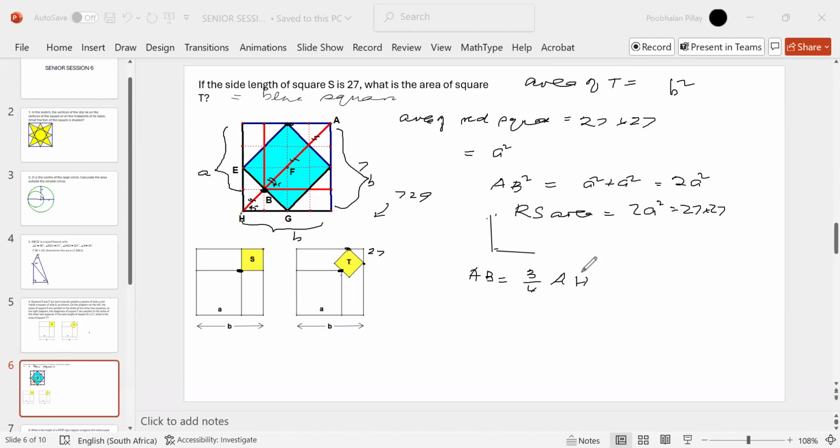So once again, you have an equation with the diagonals here. Now you've got B squared plus B squared, AH squared. That's your diagonal of the large square. It's equal to B squared plus B squared. That squared plus that squared is 2B squared. All right? We're just using Pythagoras. But now we have,